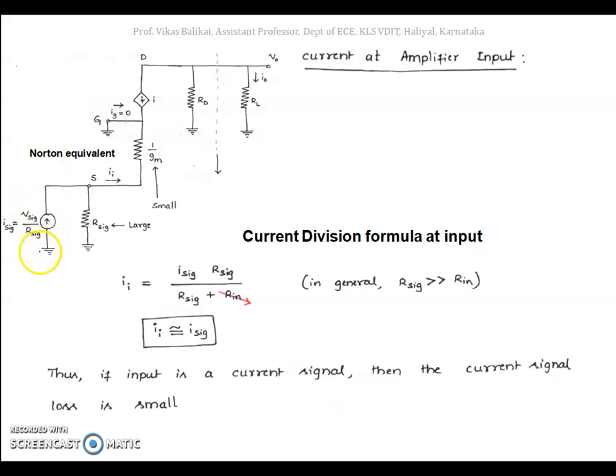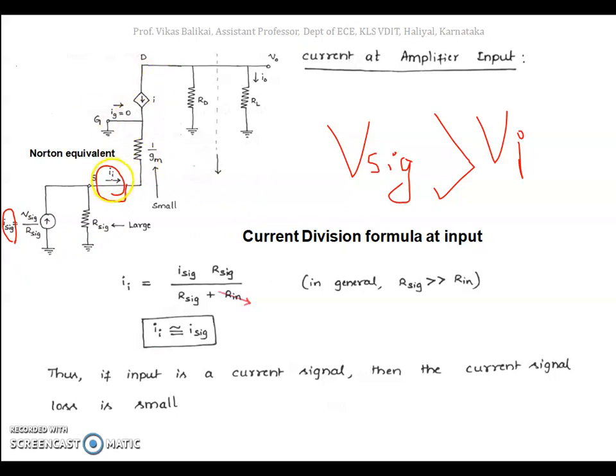Now let's try to figure out what will be the input current that is seen by the amplifier. Remember we discussed in the previous few slides, when I gave the input as V sig to the circuit, the input voltage was less than V sig. So that's the reason we concluded that giving an input voltage will be a wrong choice, because it will be getting inside the amplifier with a reduced value. Now let's try to interpret the same thing by giving the input as a current. If I give input as current I sig, what is that current that is entering into your MOSFET amplifier? So let's try to figure that out.